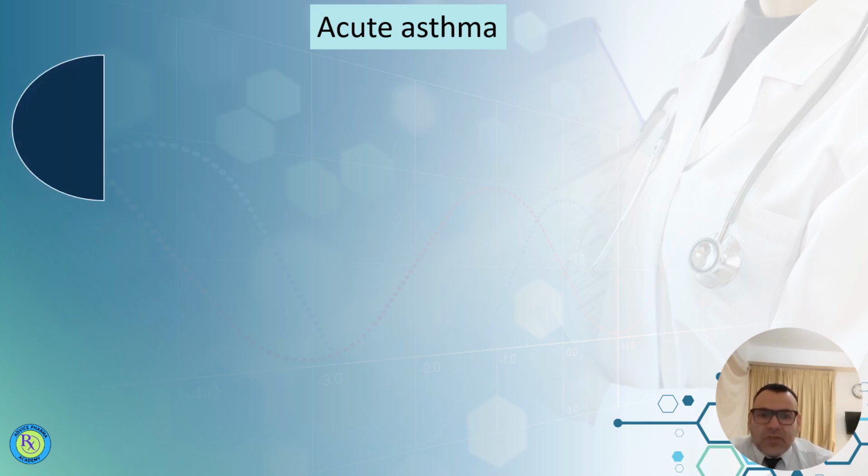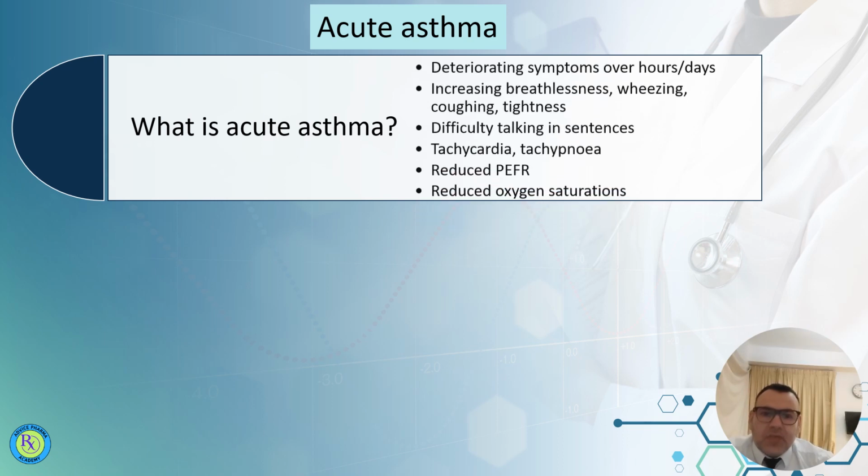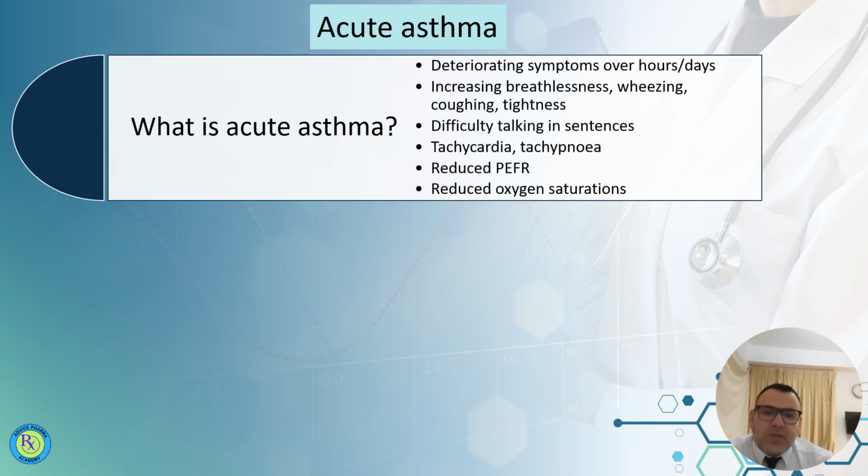And all this we are talking about asthma, which is normal asthma, but there is acute asthma, and acute asthma happens when there is deterioration in symptoms over hours and days: increase in breathlessness, wheezing and coughing and tightness, difficulty talking in a sentence, tachycardia, tachypnea, reduced peak expiratory flow rate, and reduced oxygen saturation. So in these cases, the patient may need admission to hospital for treatment of acute asthma,